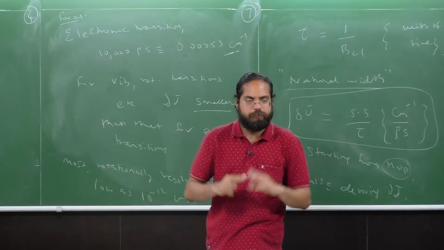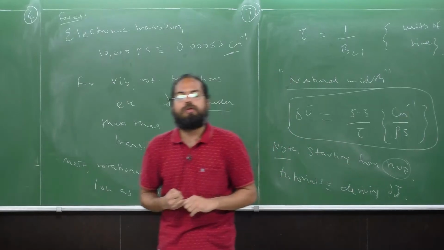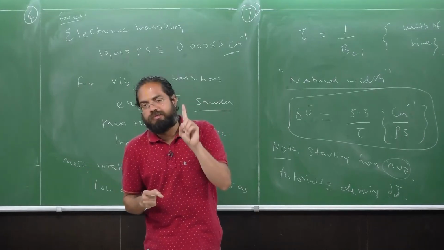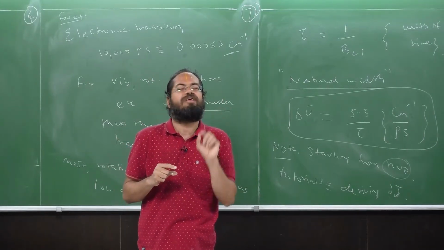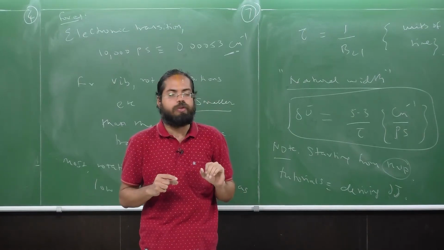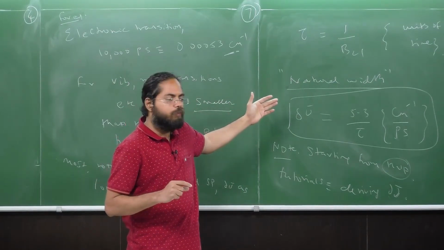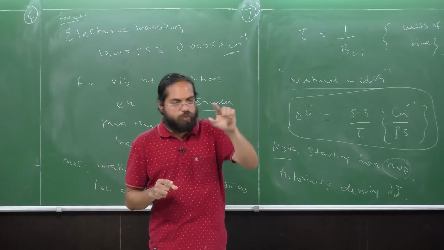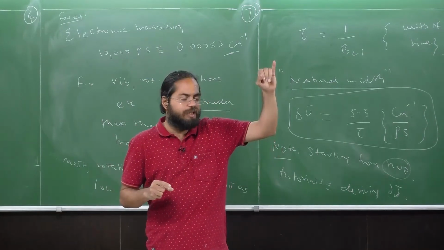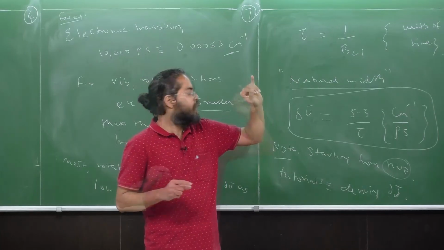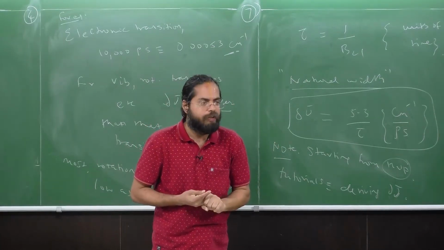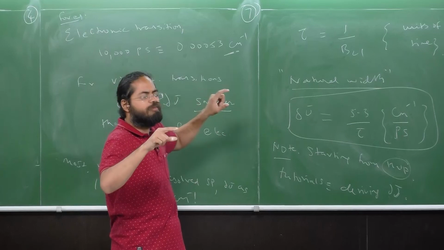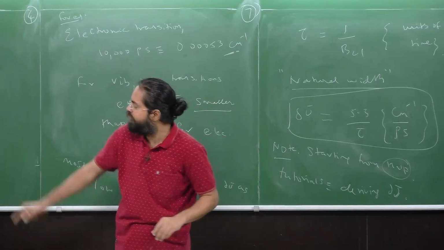All right. Okay, so I'll just sum up what we saw in this lecture today. We saw that the spectral lines are not just lines. There is some shape associated with them. In other words, they're going to have some finite width. There were three causes of the finite width. One was the natural width arising due to the Heisenberg's uncertainty principle. And there were two more causes, which are due to pressure and due to the idea of Doppler broadening, or the Doppler effect. Now, in this lecture, we only discussed the width occurring naturally due to the quantum mechanical phenomenon of the Heisenberg uncertainty principle.